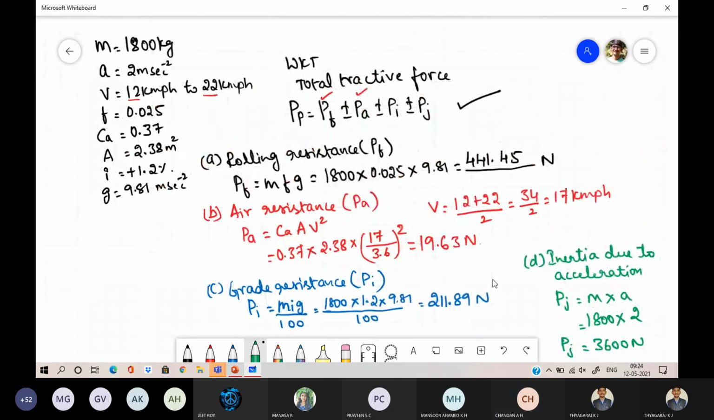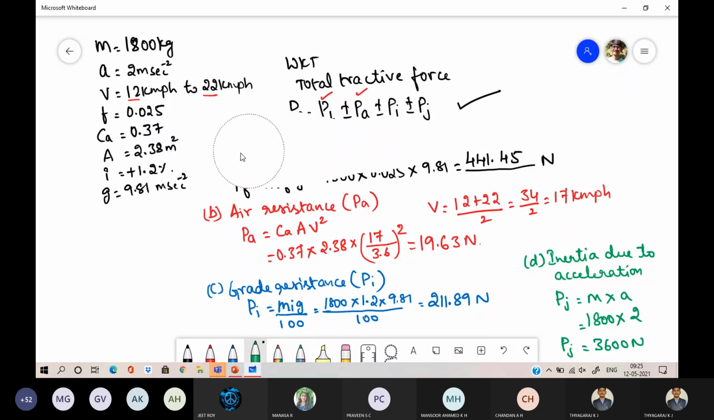Yes, sir. Okay. Now, shall I erase these things? Erase all these things so that I can solve this total tractive force. Everyone have written, right? Yes, sir. Okay. Now we will